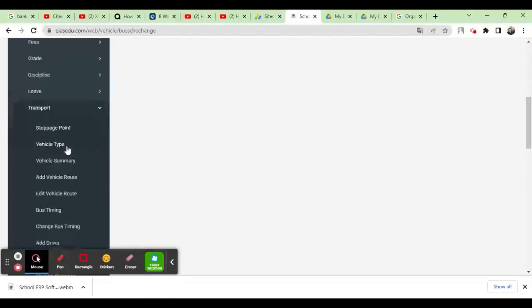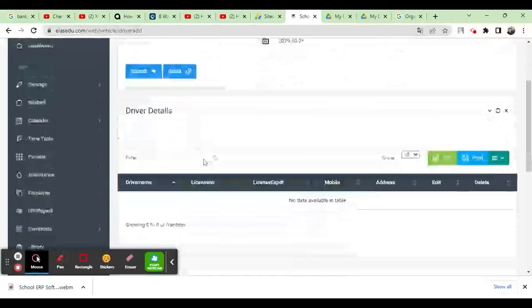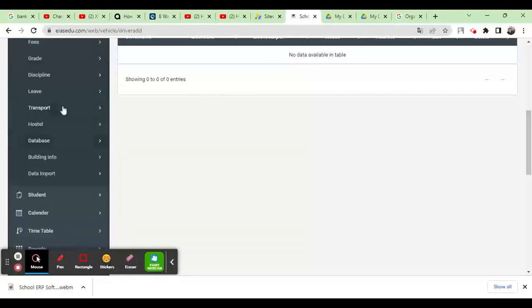Now add driver. You simply need to add the information of the driver. So no issues for that. And then once the driver is added,